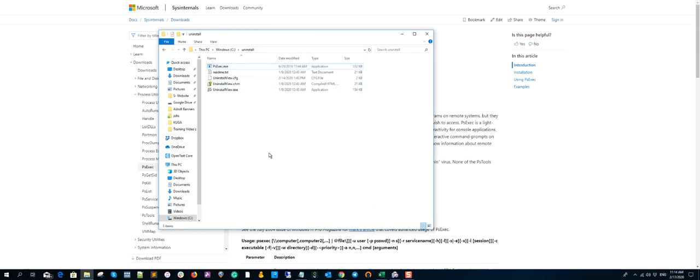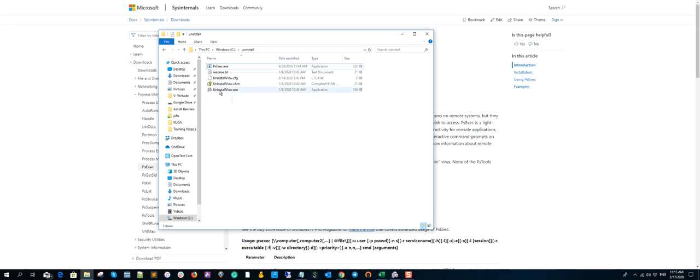When I downloaded UninstallView, I made a little subdirectory in the root of my computer, just to make things easy. I called it uninstall. I copied all the UninstallView programs into it, and then PSExec from Sysinternals. Again, if this is not here, it's not going to work. You need to copy it in here. Okay, then to test this,